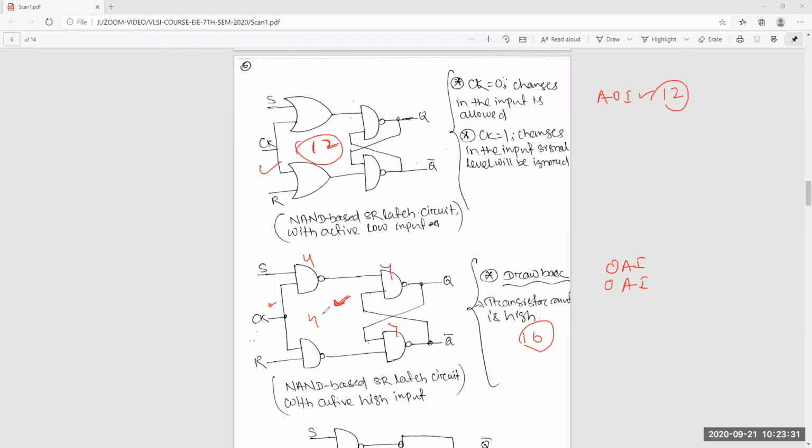So if you want active high you use NAND, or active low and NOR, and you get the same latching, everything is the same. The problem is the larger number of transistors you use here. So that is not good.